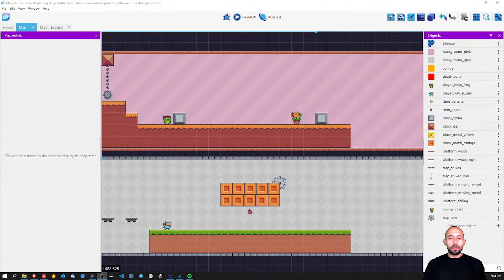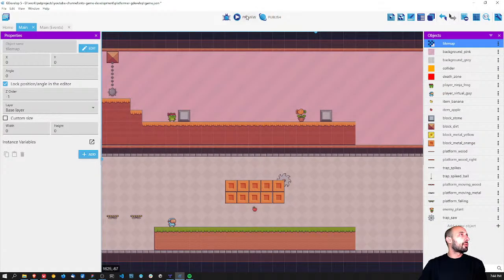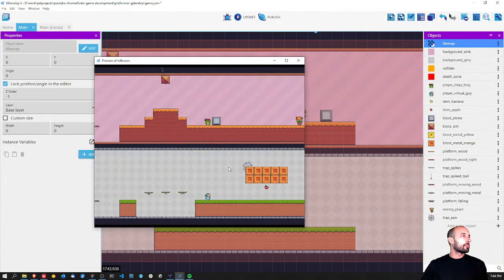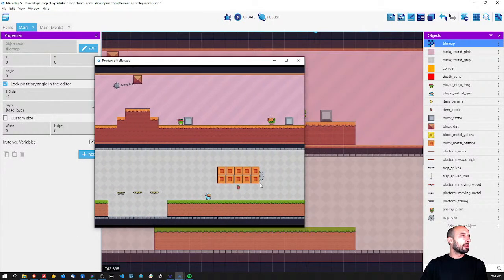Okay, guys, so we are back, and basically we are going to continue where we left off in the last video. So let me just show you here. Yeah. So in the last video we were dealing with the saw in the bottom part of the game. So we were implementing this behavior of the saw, and now we need to implement the behavior of the